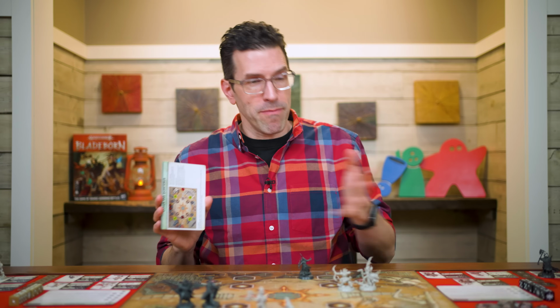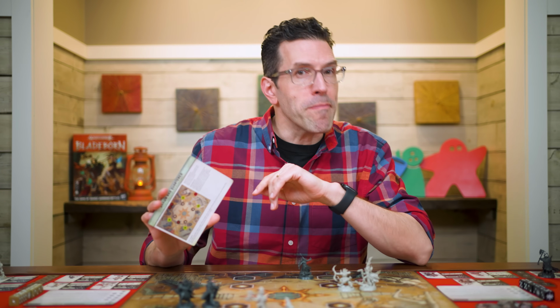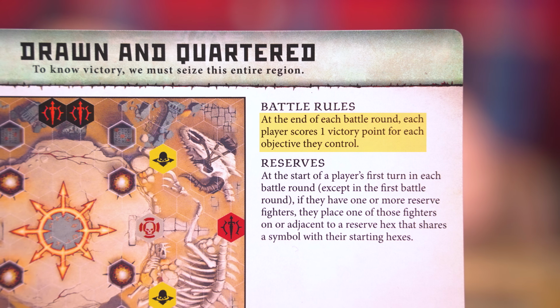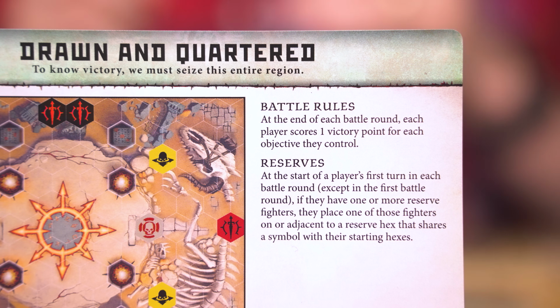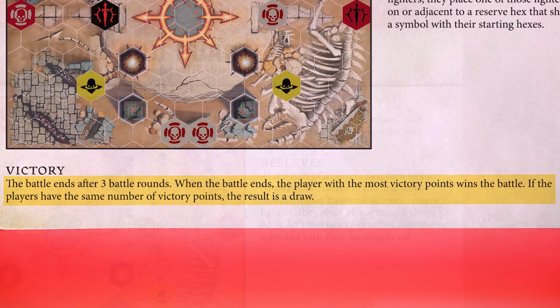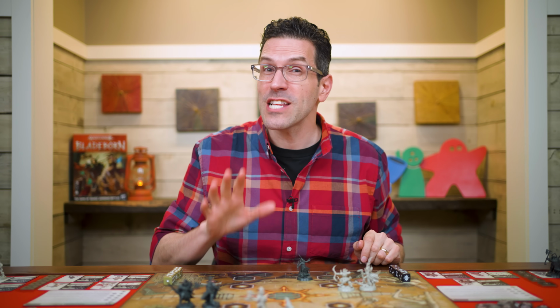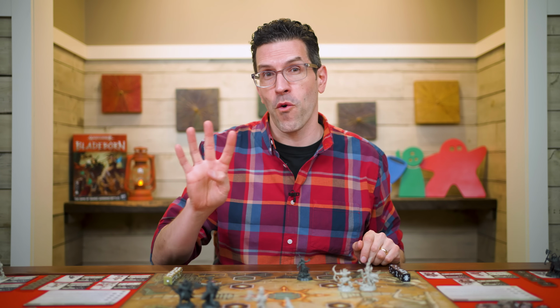In the skirmish game that we've set up here, players will be battling to achieve the unique objective found on the chosen battle card. We're told that at the end of each battle round, a player scores 1 point for each objective they control. And we'll discuss how you control an objective a little later. It also says that the battle ends after 3 rounds and the player with the most points at that time wins. A game is played over a series of battle rounds, and each battle round is divided into 4 phases,